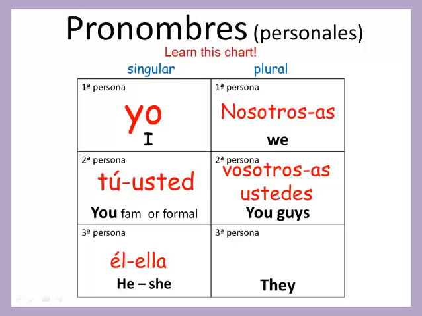And the ustedes form, remember that it can be used either formally or informally in Central and South America. And last but not least, we've got the ellos form or the ellas form, which is they. It's the pronoun in English. And we've got ellos. It's a group of only boys, or once again, a mixed group of at least one boy in it. And the ellas form would be a group of only ladies.